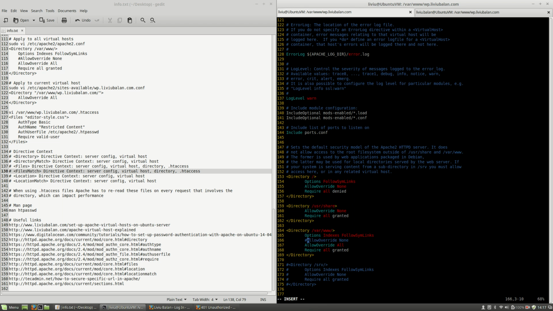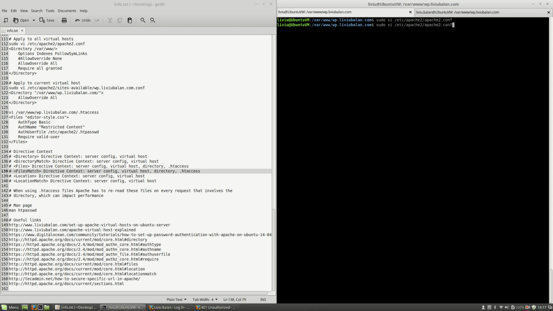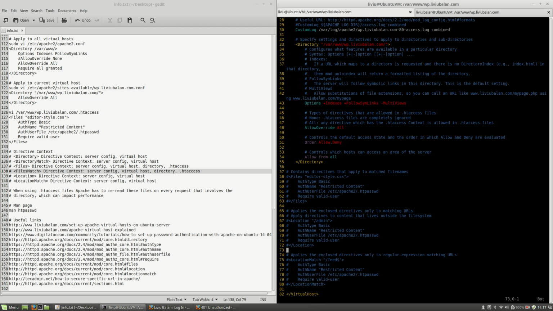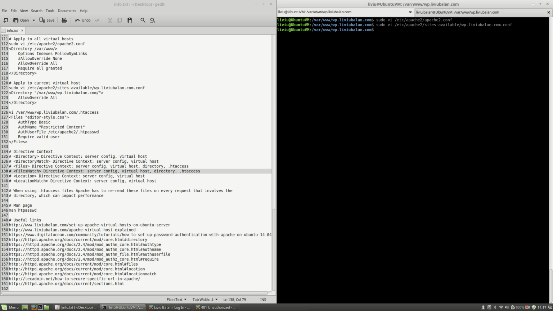So this may be a good reason to leave it as is, allow override none, write and quit, and inside of your current virtual host configuration file, use none also, write and quit, restart the Apache web server, and